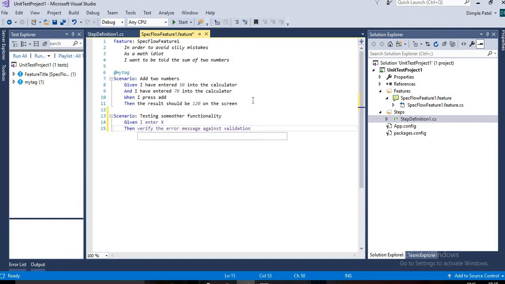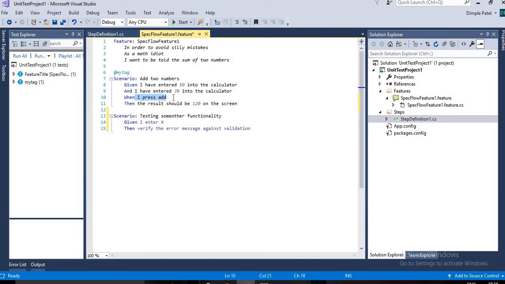So what are Given, When, and Then? Basically any scenario which is a system behavior has three conditions. Either we have a precondition, that you have to enter something, like here I have a precondition that I have to enter 50, then I have to enter 70, and I have to perform some action, so that is called When. Whenever you're going to perform some action, we use the When keyword.